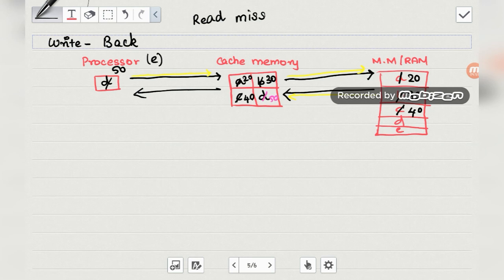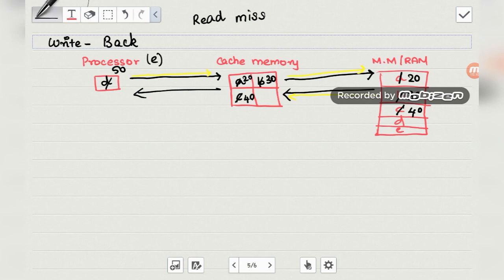Now there is no space in this cache memory, so what we usually do is remove the last inserted value. So we are flushing this value. When this value is being removed, that is when it will be updated in the RAM.